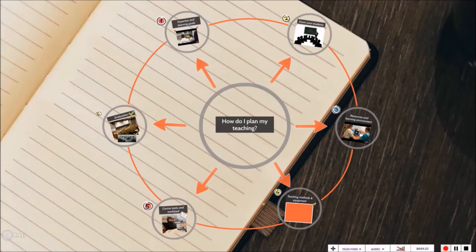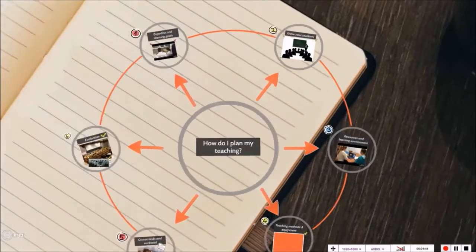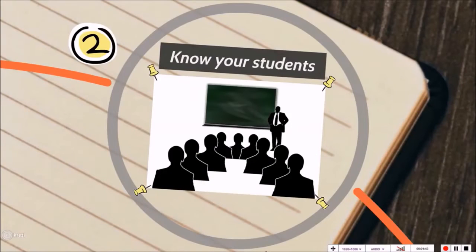When you are planning teaching that is based on the learning-focused approach, one of the most important starting points for your teaching is to know your students. This does not mean that you should know them individually. Sometimes this is possible, but if you have a large group of students in a lecture, you cannot get to know them individually. In these cases, it is important to know some general information about them, such as